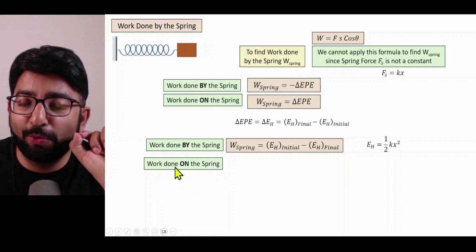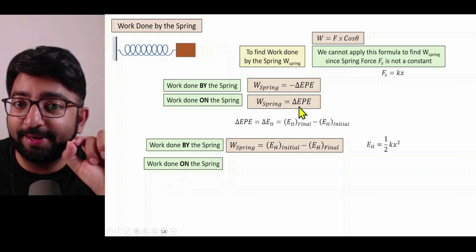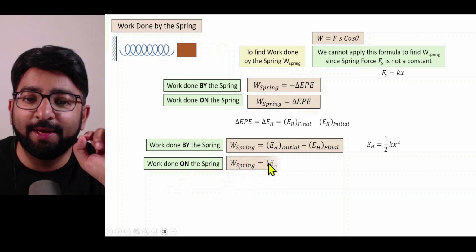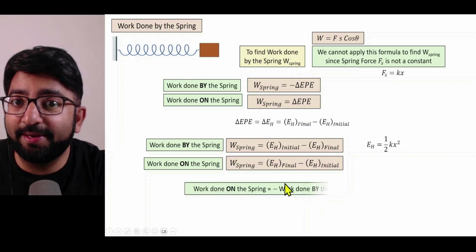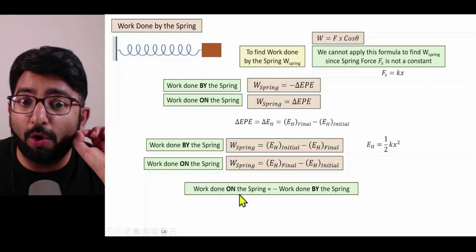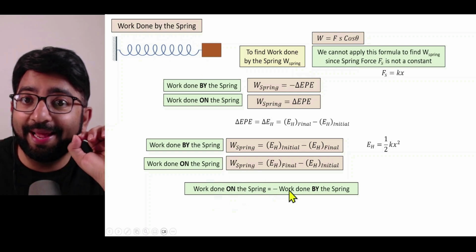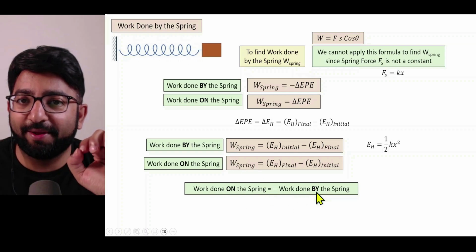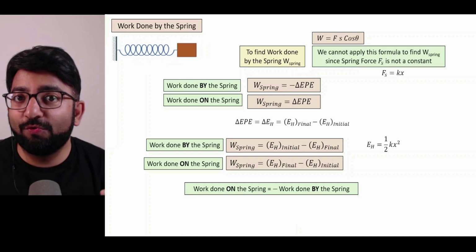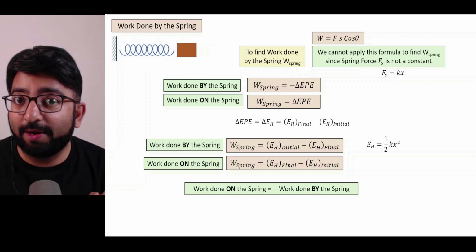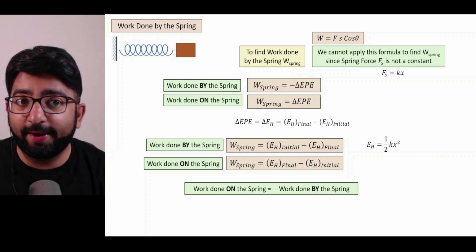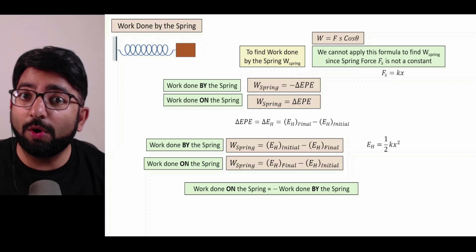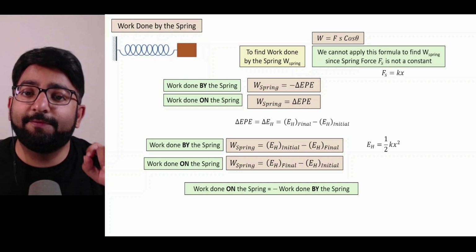In case the question is to find the work done on the spring, it is positive delta EPE, which will be just final minus initial. And now we can simplistically deduce that work done on the spring is equal to the negative of work done by the spring. And now let us try to solve questions on springs. We have to figure out the work done because of the spring. So be careful in the question. You need to analyze, is the question asking you to find work done by the spring or on the spring? Depending on that, we will use the